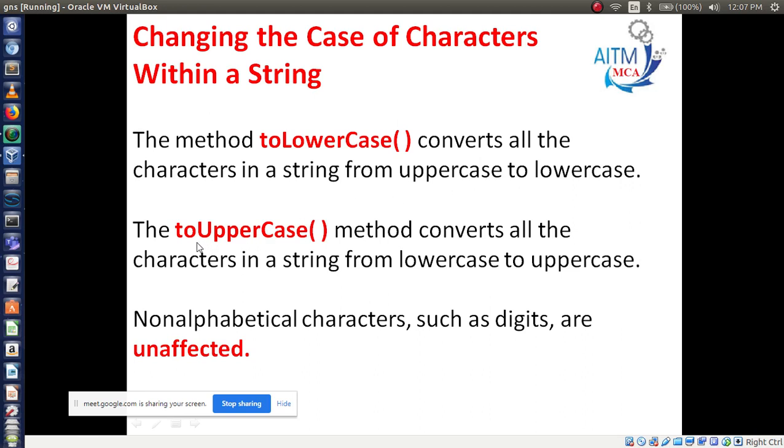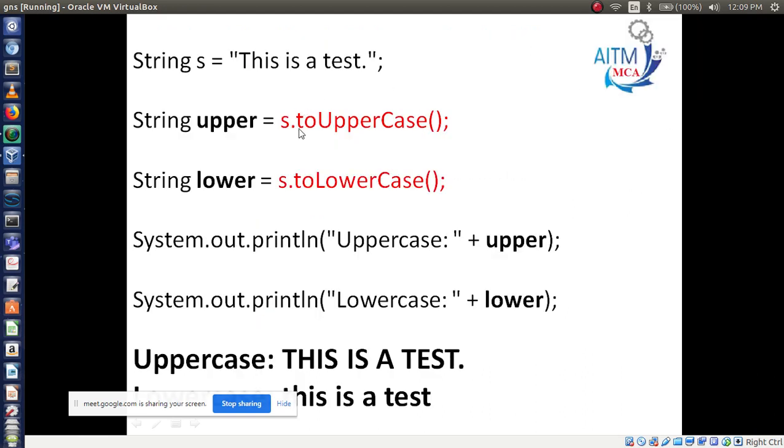Similarly, another method is toUpperCase, U is capital and C is capital. S dot toUpperCase means convert. This is a test, it's in lowercase, now convert into uppercase. So now uppercase is converted. See, this one is small case letters, and now you are getting this result in capital letters.